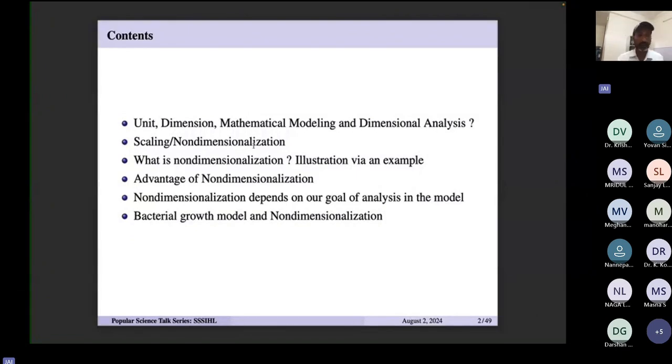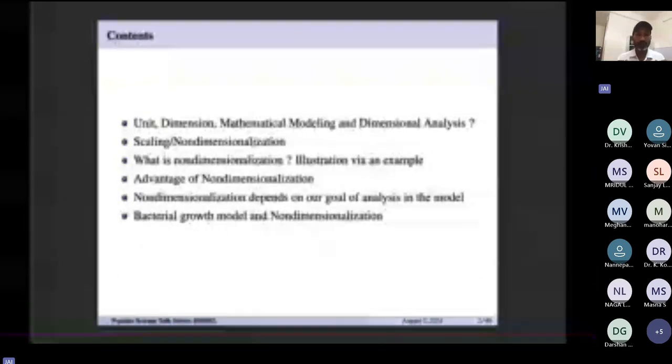So you see, there are two things. One is the dimensional analysis. That means we want to check whether my equation, whatever you have developed by mathematical modeling of any kind of biological system, is dimensionally correct or not, whether it is dimensionally homogeneous or not. This is one part. But the other part is that when you have many parameters and variables in your system,